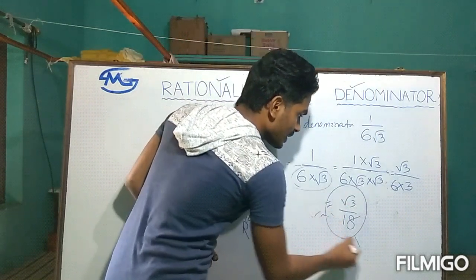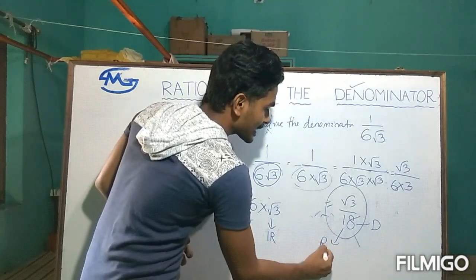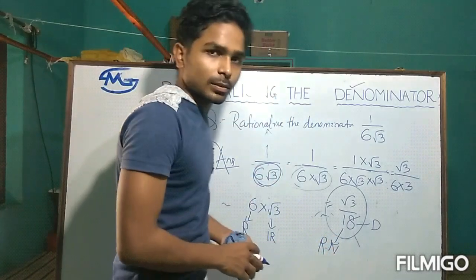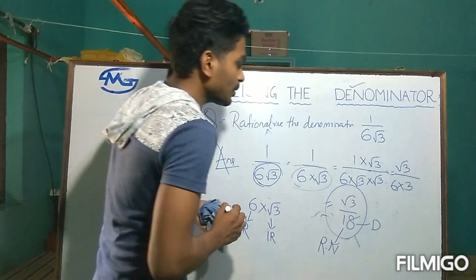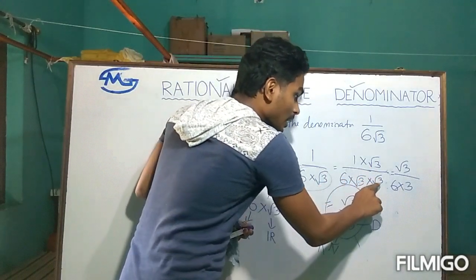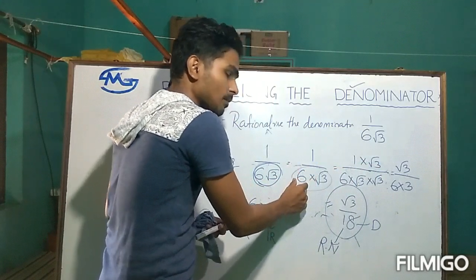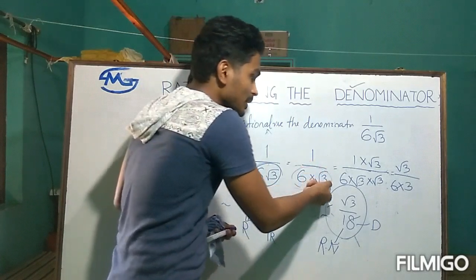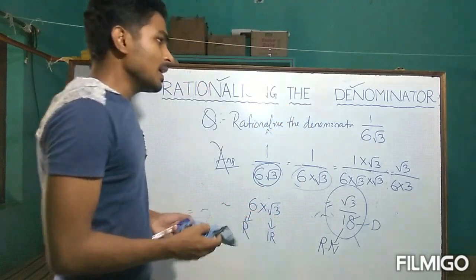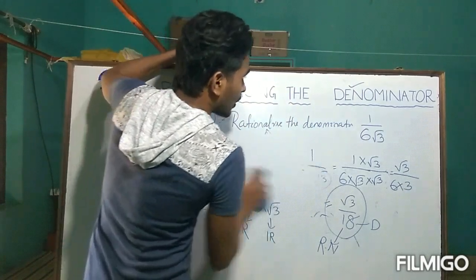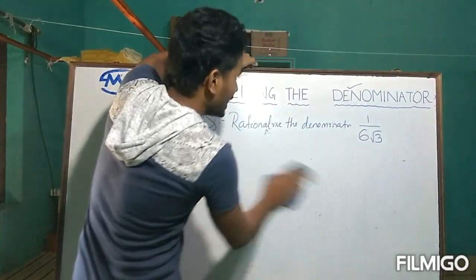So our answer is root 3 divided by 18, where the denominator is 18, and 18 is a rational number. And our task is also to convert the irrational into rational, and we did that. So here only we have to multiply the irrational number root 3, because in the denominator term we have a rational number and an irrational number. According to the irrational number, we have to multiply another irrational number to make it rational. So understood? So in all these cases, we have only a single term in the denominator. Okay? But if